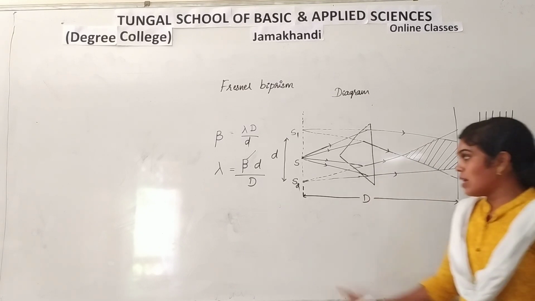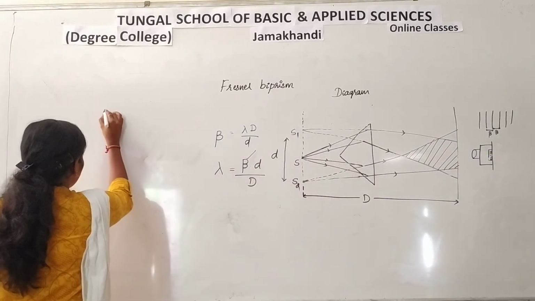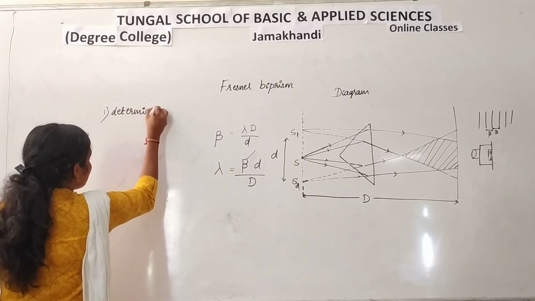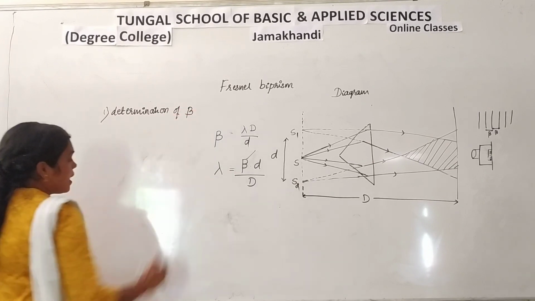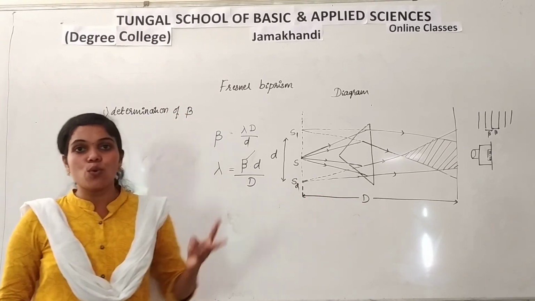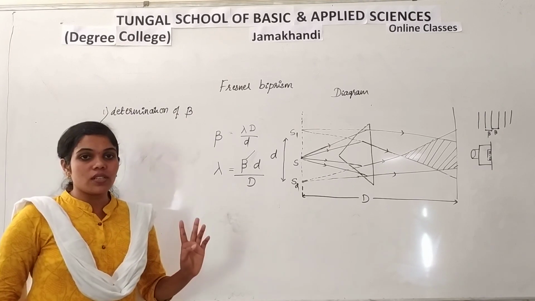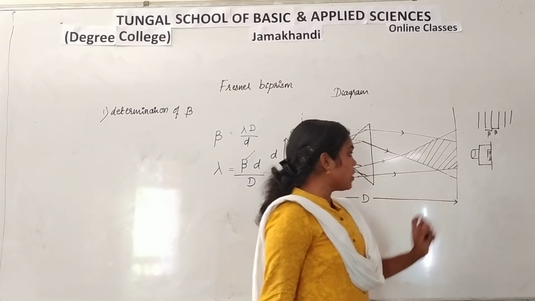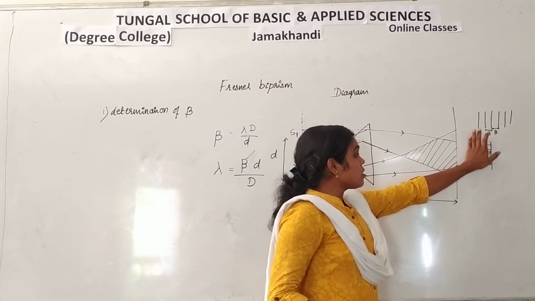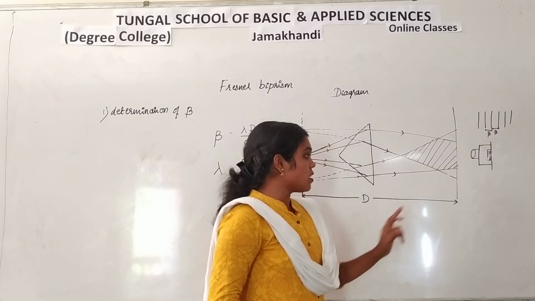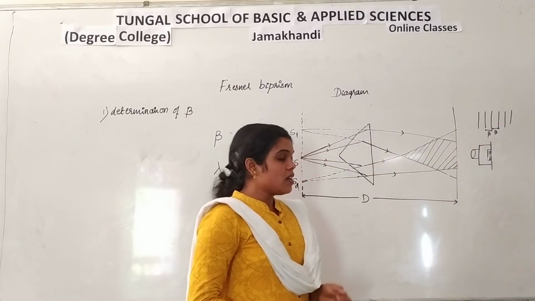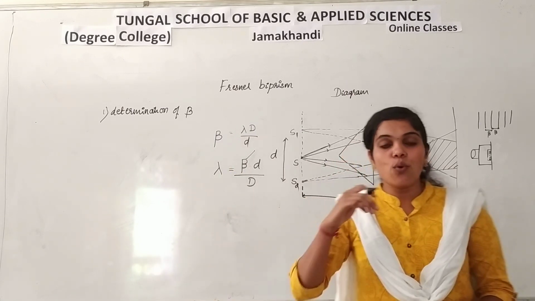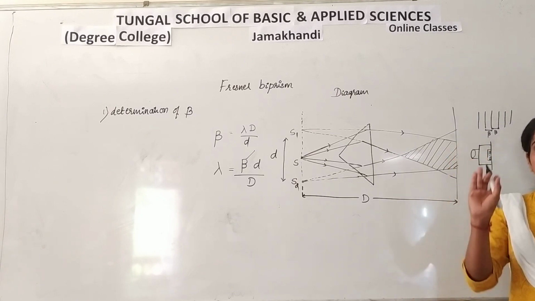So with this, first we are going to see the determination of fringe width. As I have already told, fringe width is the distance between two consecutive bright or dark fringes. How to determine this beta? Here the micrometer eyepiece will be there. We are going to focus on these alternate bright and dark fringes. In that eyepiece, a cross wire will be there. Consider a reference fringe. I am going to consider a bright fringe. Focus the cross wire onto any one of the bright fringes.